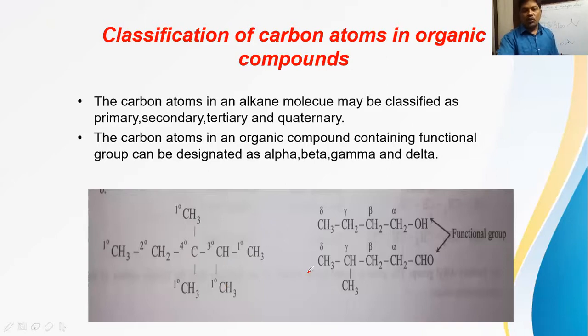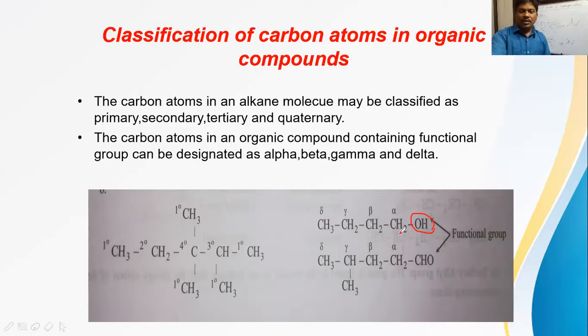Right. Now, if you observe this structure, first one you check this one. In this case, OH is the functional group. This functional group is directly attached to this carbon. So this carbon is taken as alpha carbon atom. And to this alpha carbon, what is attached directly? This carbon. So it must be called beta carbon. And to this carbon, what is attached? This one. So it is taken as gamma carbon. And to the gamma carbon, whatever is attached is called delta carbon. So in this way, we use the Greek alphabets to indicate alpha, beta, gamma, delta carbons.